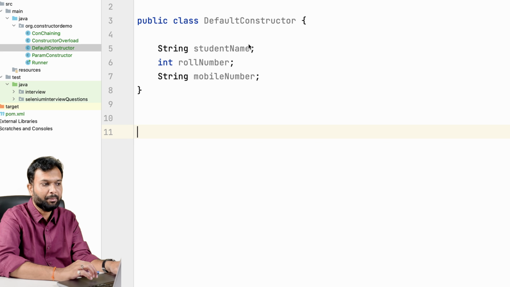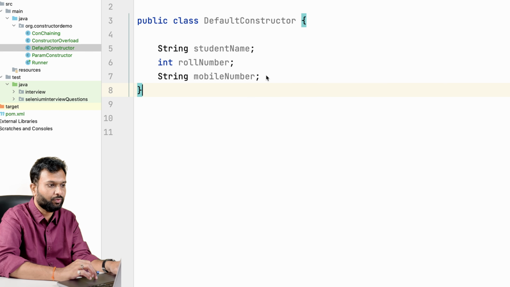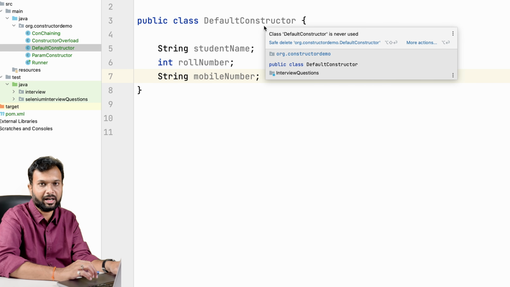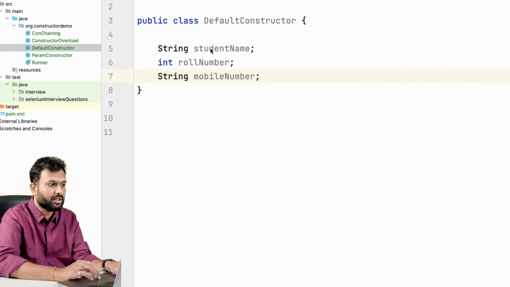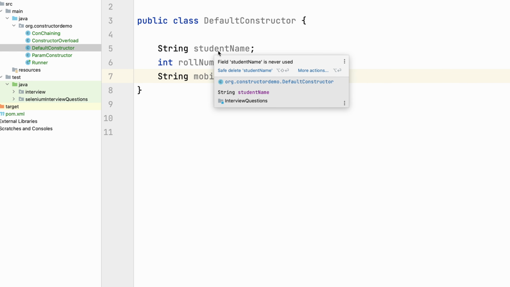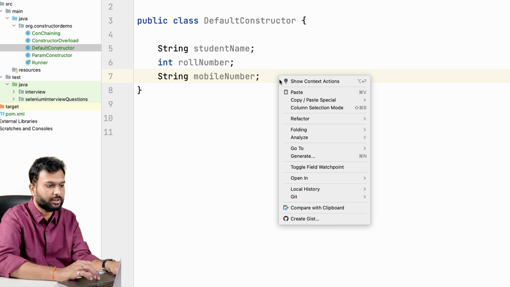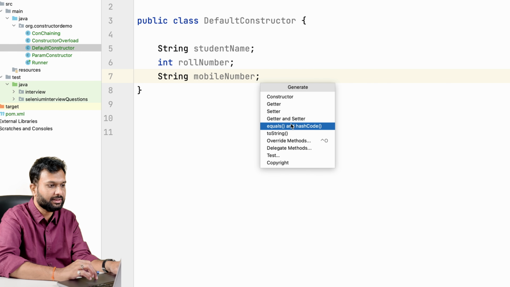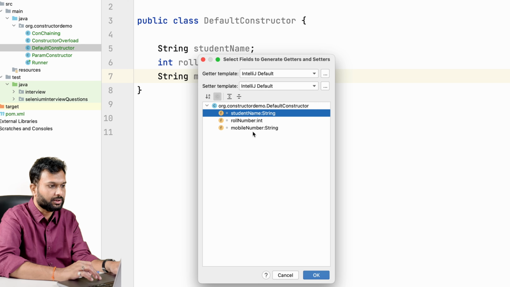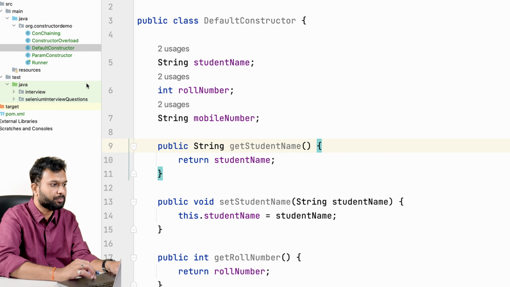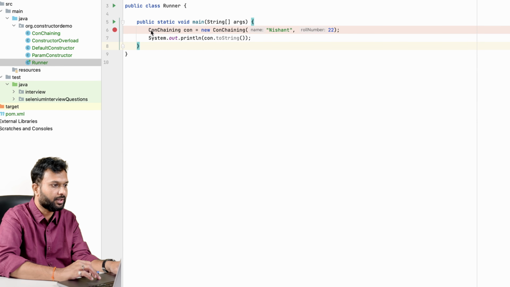For example, here I am creating a default constructor. Let's understand how the default constructor will work. Here I have created a class whose name is DefaultConstructor. I have defined a couple of variables like student name, roll number and mobile number. Let's say I am generating getters and setters methods for all of these. I have created the getters and setters methods, and now I am going to the main method